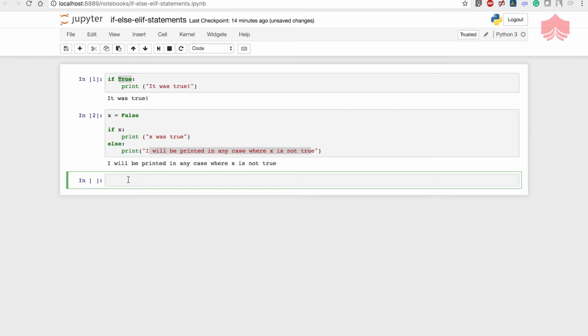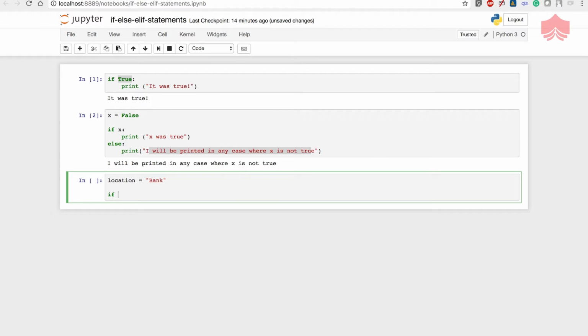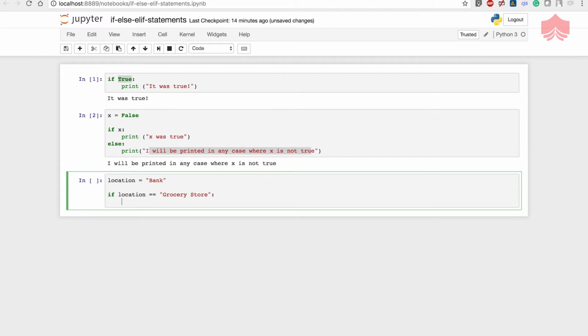So let's write that program real quick. I'm going to say location, and location is a string, and let's first set it to something like this. And now if location is equal, and equal is a double equals sign, to grocery store, then a colon, then I would say print welcome to the grocery store,